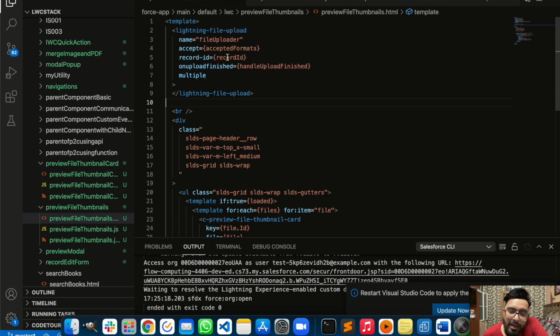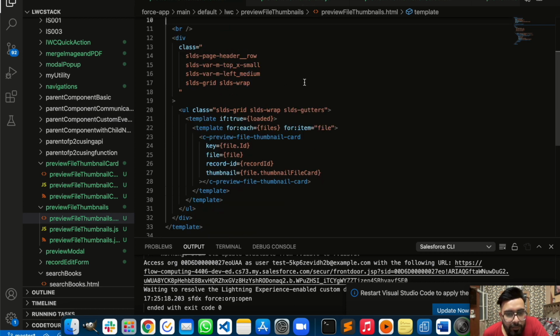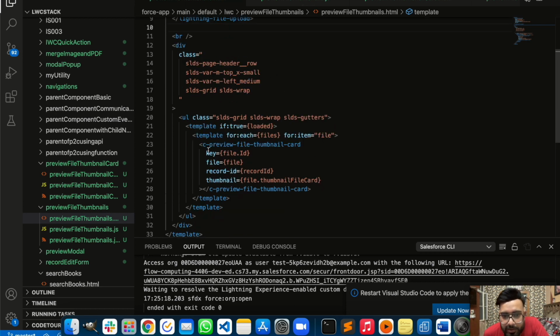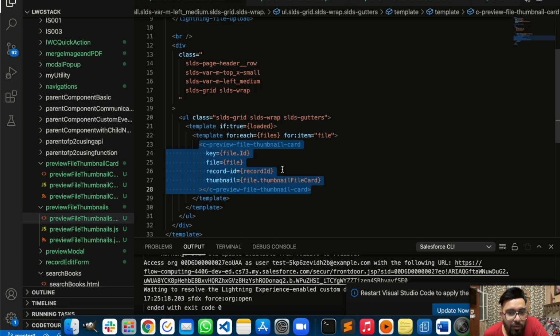So in Lightning file upload, you just have to pass the parent ID of the file. Let's say if I'm uploading the file in account, so I just have to pass account ID. Let's say if you're uploading the file in contact, then you just have to pass the contact ID. So guys, overall it will be record ID. And if you're having multiple documents in a single record, then in that case this record ID should be your document ID. So in that case, you must get the document ID first, and then you may pass the document ID here.